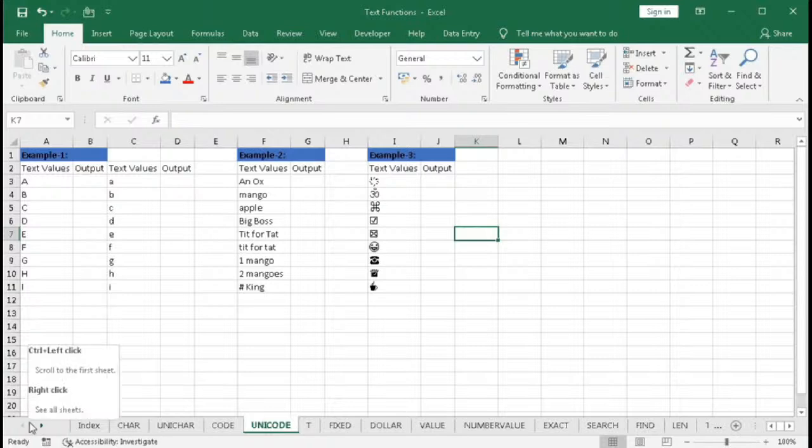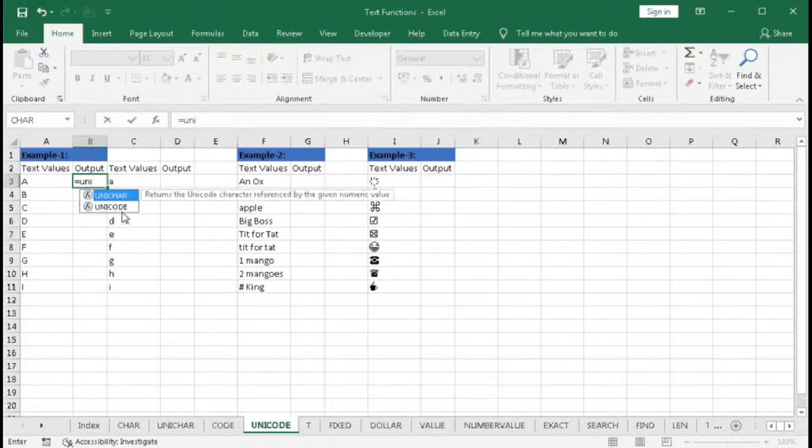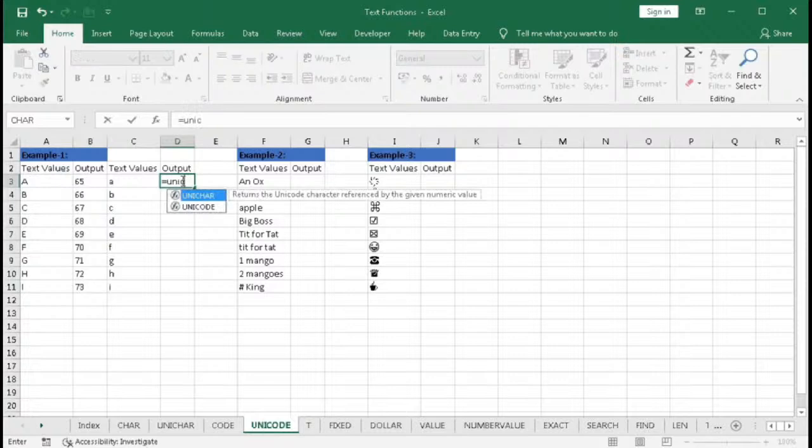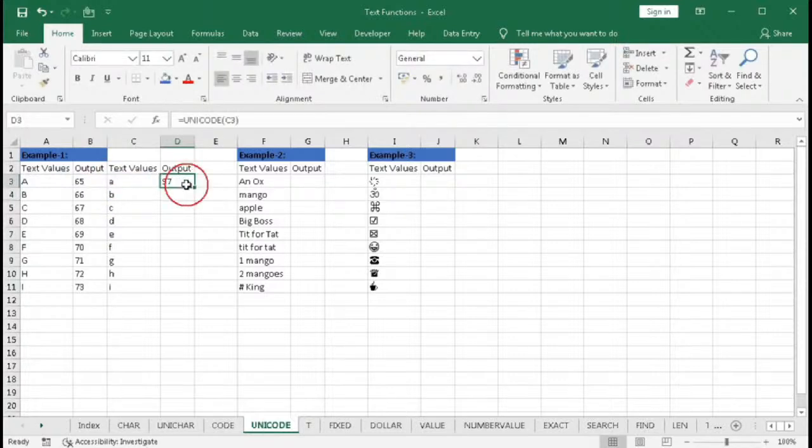As we have learned, in the CODE function, when we enter any character, it returns the code for that character. But here it will return the same, but for the Unicode. So type here equal to UNICODE and select the character and enter. So here it is 65. Drag it. Now here also equal to UNICODE, select this. You can see it is the same as the CODE function,